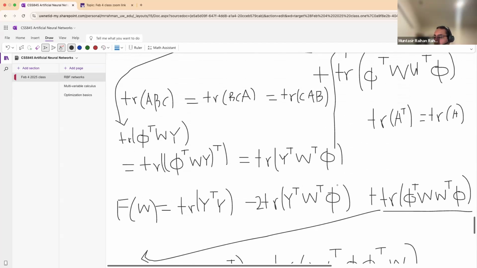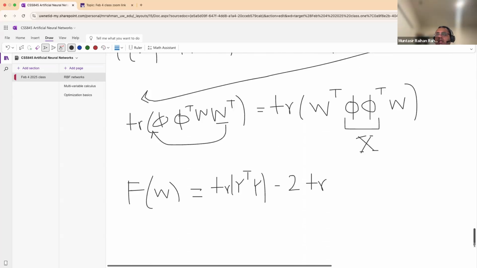So here again, I can just move around this a bit more, right? And then for this term, I can again move this multiple times, and I'm gonna get